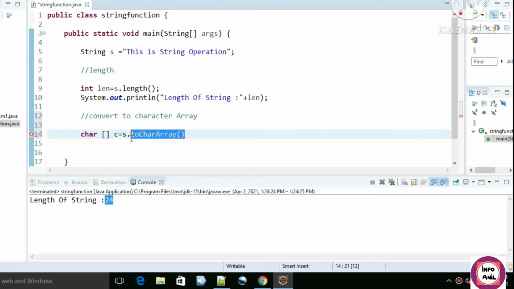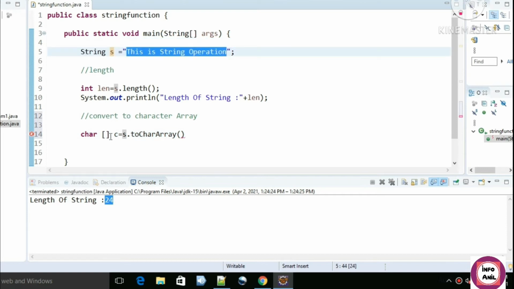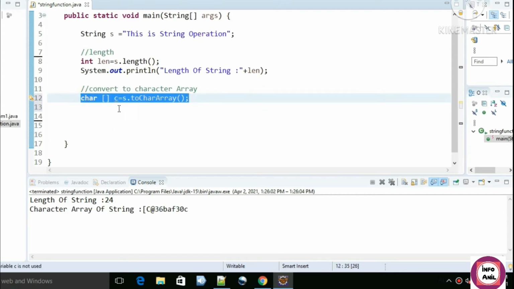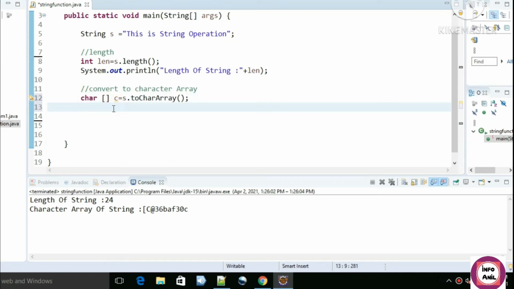This function toCharArray will convert the string s above to a character array, and the value will be stored in the c variable. Later we will see how we can get the values by applying a for loop and a for each loop.